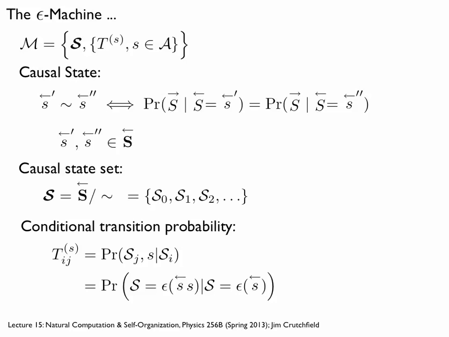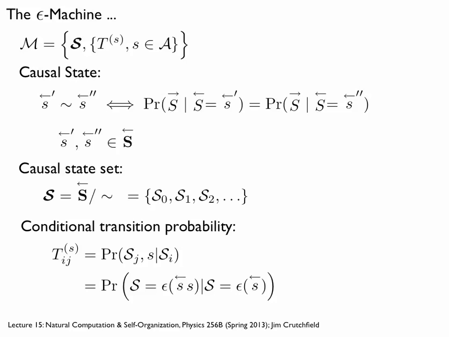filtering. At every moment in time, we do have a history. We can use the epsilon function to look up, for the particular history we've seen, what causal state we're in, and then we can see what the state-to-state transition structure is. So we can pull out from the original data these transition matrices over the causal states.